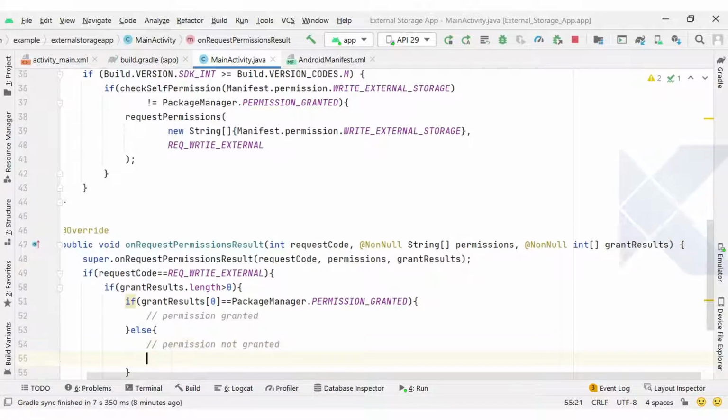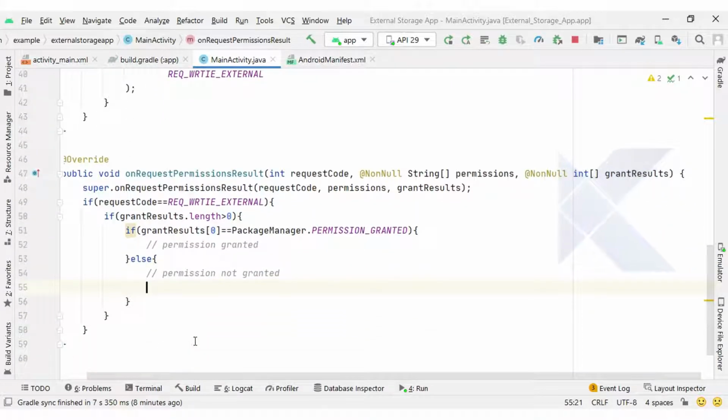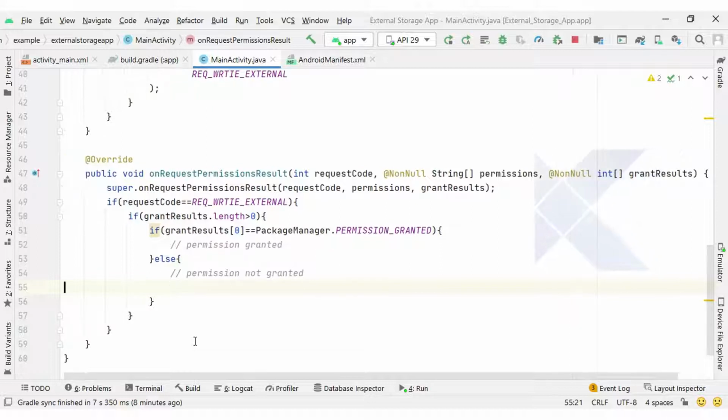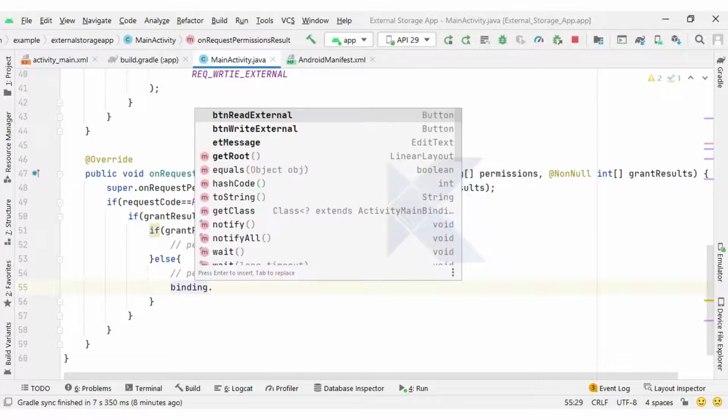If the permission is not granted, we need to explain to the user why we need this permission, and accordingly we can request again, or you can also take some action. If the permission is not granted, what do you want to do exactly? Suppose I want to hide the button. I want to hide the button for read and write external, because if the permission is not granted, our code will not work.